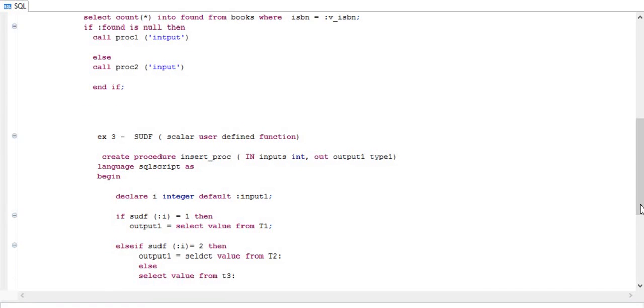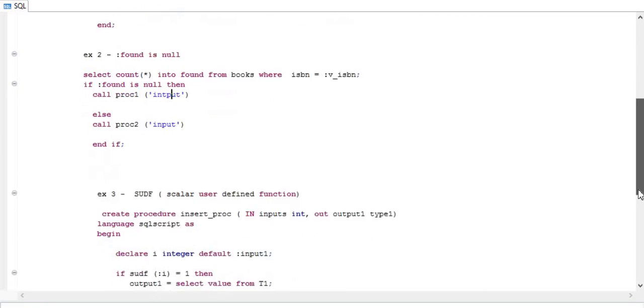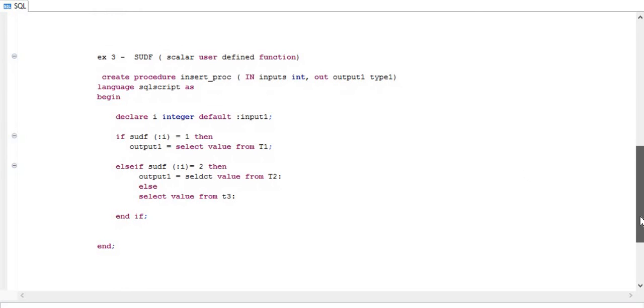In the next example we learned how to call a procedure inside a procedure. If you're writing a procedure and using the comparator, you can call various procedures. In the last example we talked about the SUDF function. If your logic has to implement multiple else if conditions, you can utilize this.